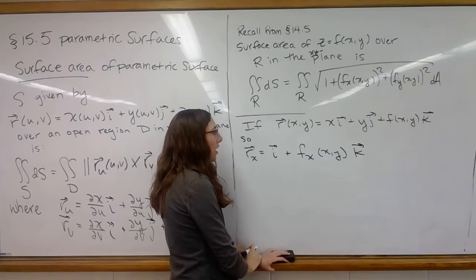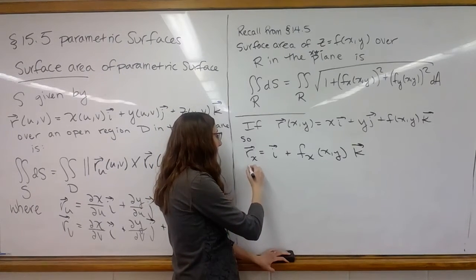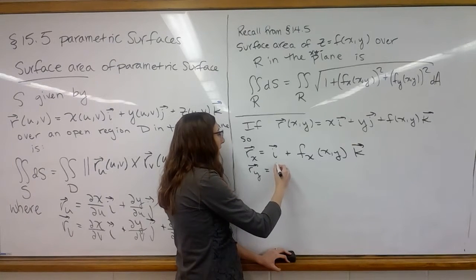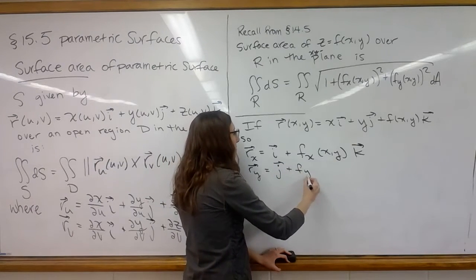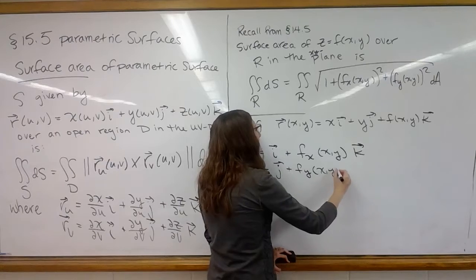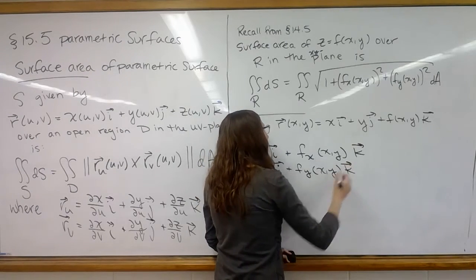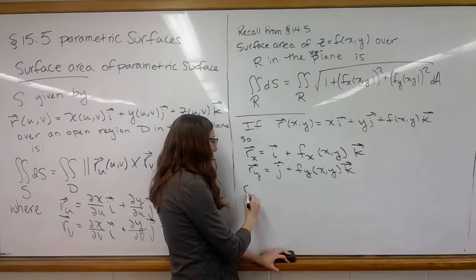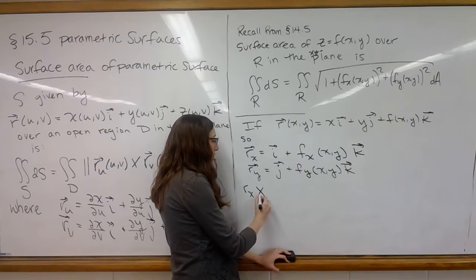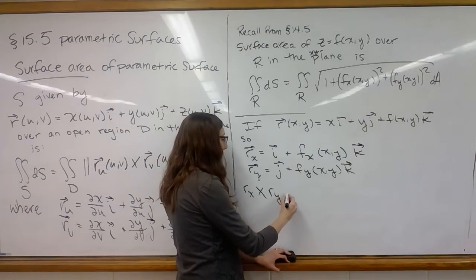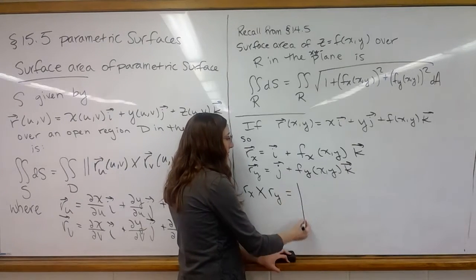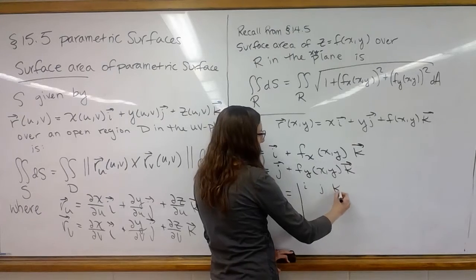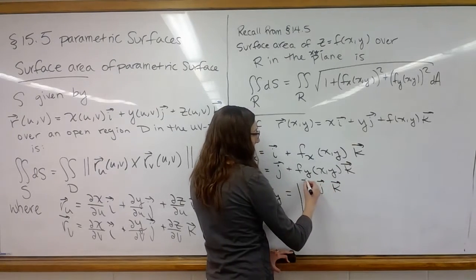And then similarly, r sub y. The i component will drop out, we'll just be left with j plus f sub y times xy as our k component. So next what we want to do is cross those, so r sub x crossed with r sub y, which is going to be that determinant form, so we're going to have i, j, k across the top,